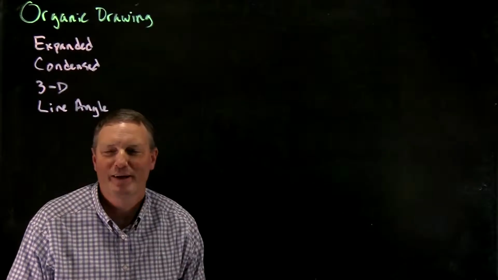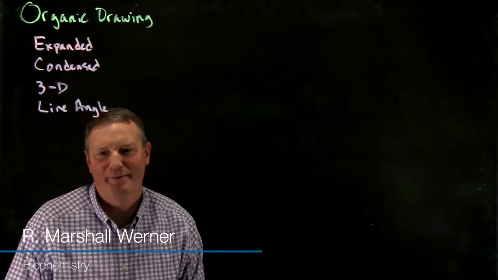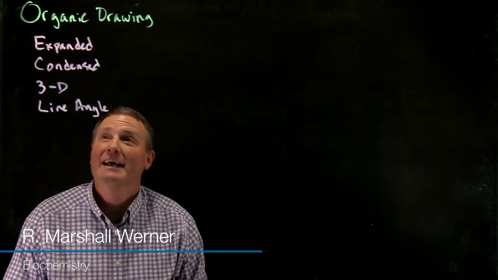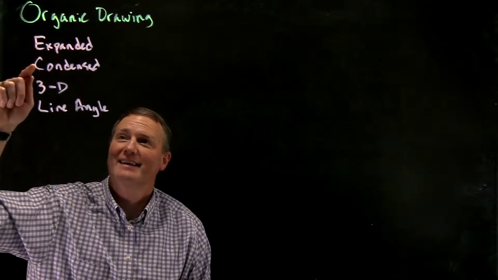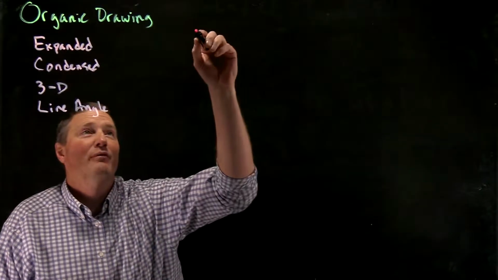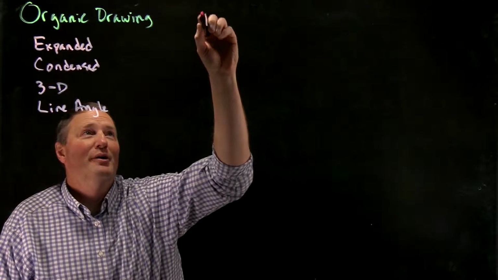In today's video, we're going to talk about how you draw organic molecules. There are four main ways that you can do this. They are expanded, condensed, three-dimensional, and line angle drawings. Before we get started, let's just always remember though,